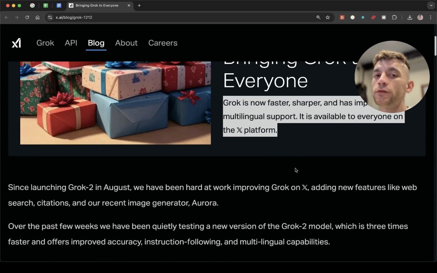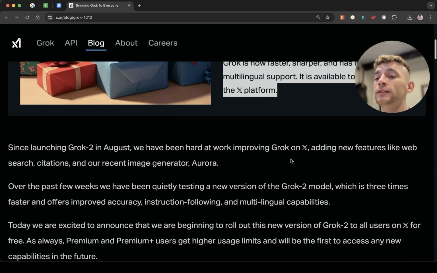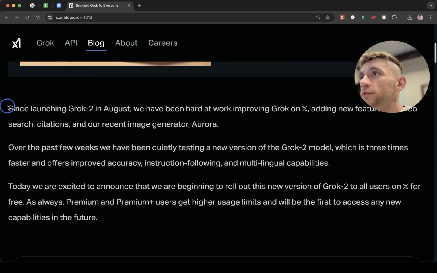Number two, obviously, Twitter is one of the biggest news sources in the world, so it's great for writing new articles. And number three, it's designed to be more accurate. We'll be testing it out today, seeing how it performs. I'm not going to make any judgments too soon, but you can see here, for example, they've said since launching